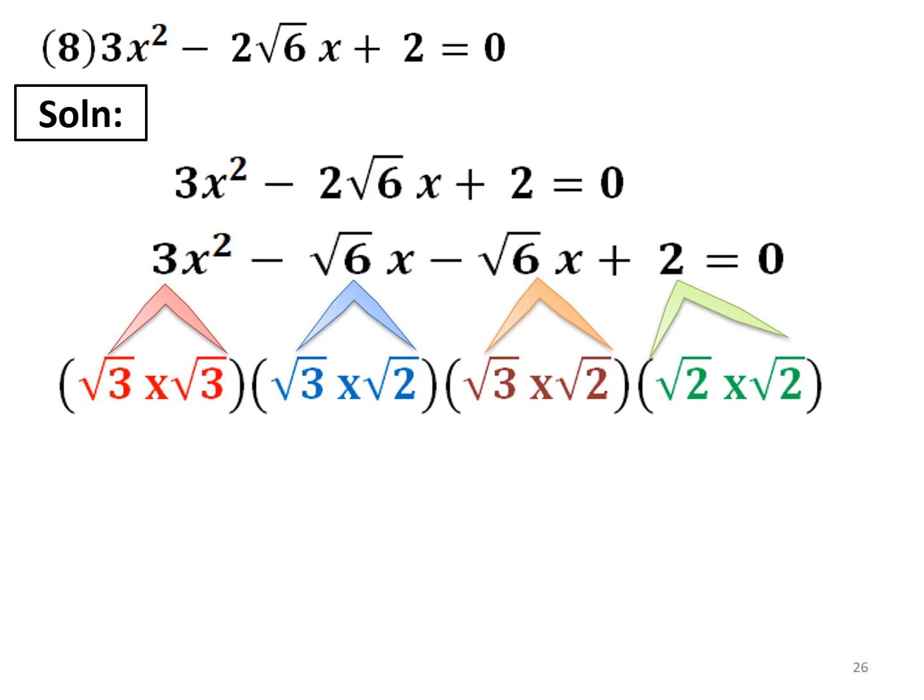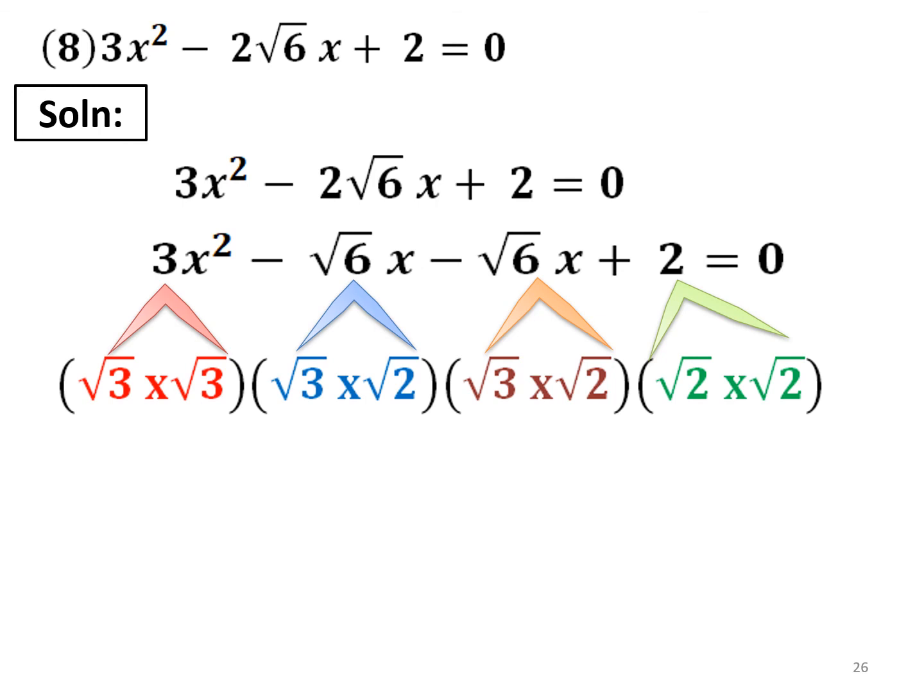When I take it as root 3 into root 3, on multiplication the square root sign goes off and I get the answer as 3. In root 6, root 3 into root 2, 3 into 2 is multiplied and the square root sign is there as it is. The square root sign does not go off, because there are two different numbers multiplying. Surds. I hope you remember the surd term.